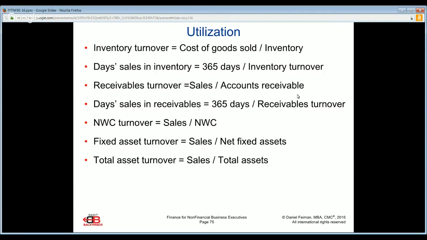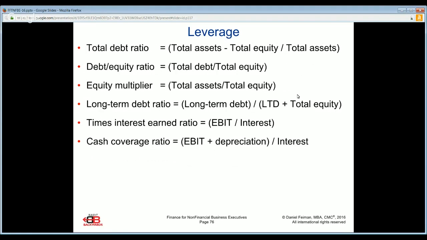If we look at our leverage ratios, they are always an interesting item, as all the ratios are in reality. But leverage ratios instantly bring a thought to many people's mind: leverage, too much debt, risk. That may or may not be the case. That's why we have several different ways to look at leverage.